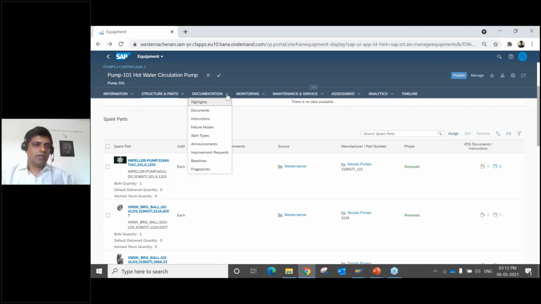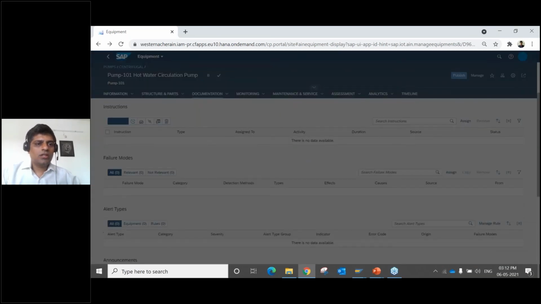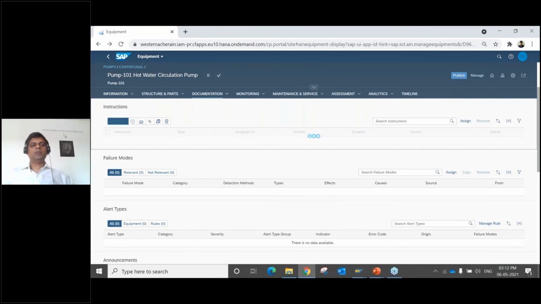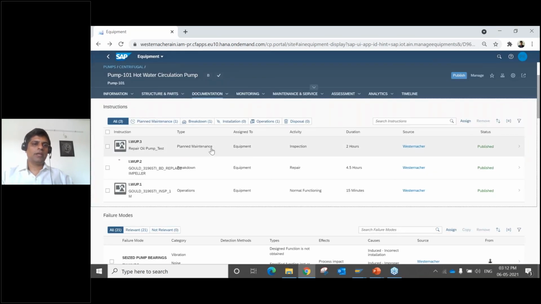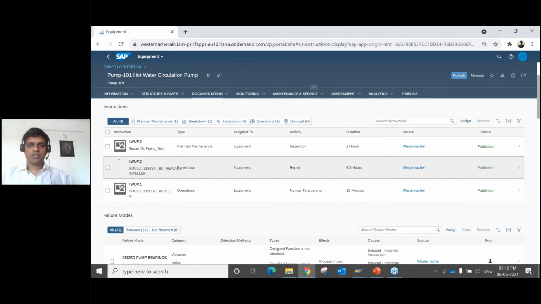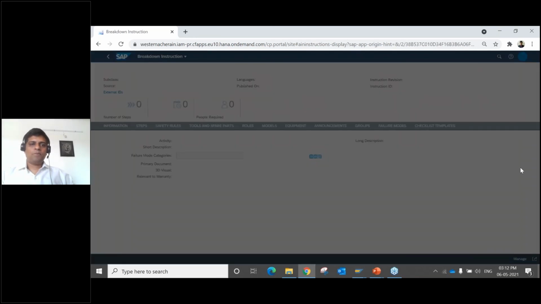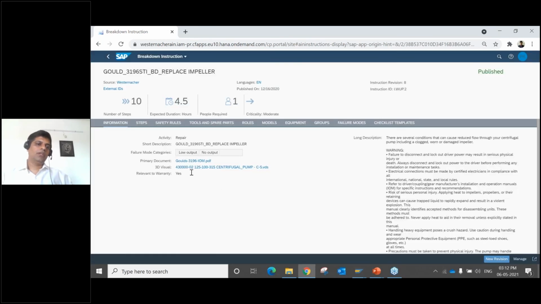In the documentation, we have a series of documents, but today I will take you to the instructions. As I mentioned before, this instruction is similar to your task list. Now we can categorize your instruction by plant maintenance or breakdown instructions, or even installation or disposal. So let me take you through one example of an instruction. In an instruction, we can now apply a 3D view, dimensional view, or even normal documents along with